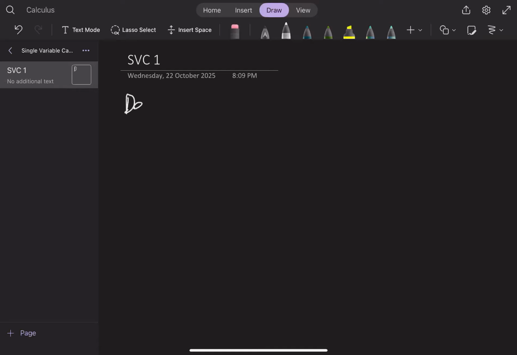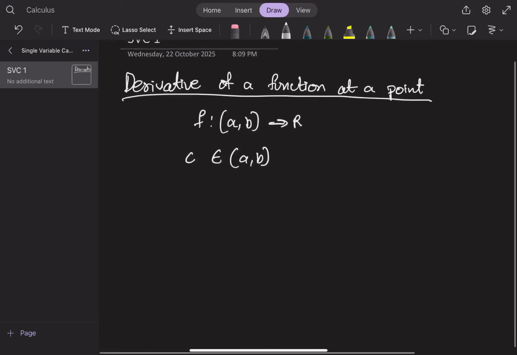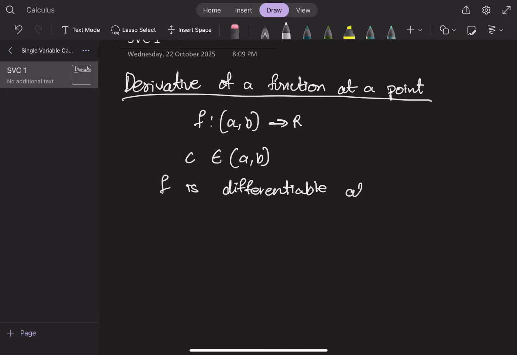So, let's see what a derivative of a function at a point is. For example, you have a function from A to B and it is real. Let's say there is a point C which lies between A and B. Then f is differentiable at C if